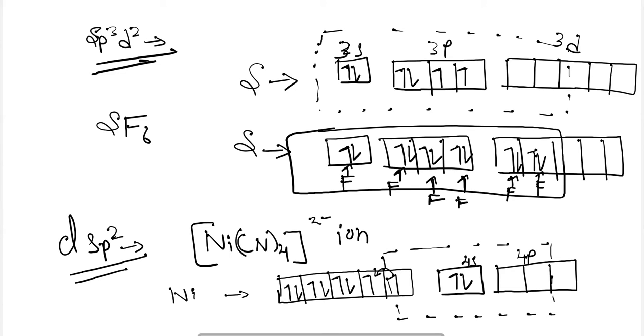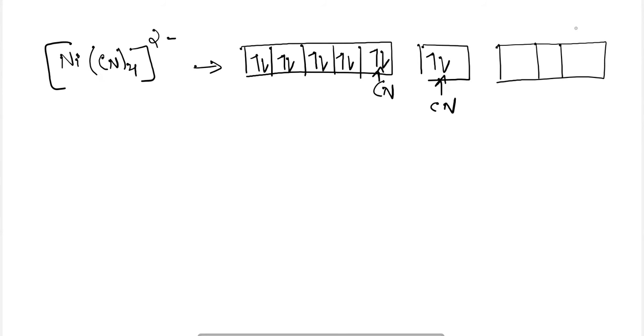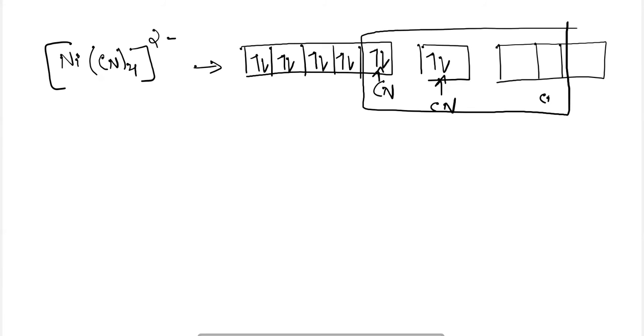And there the cyanide will donate one pair of electrons. And similarly here also a pair of electrons will be donated, because two electrons will be needed here, which will be easily given from the 4s shell there. So here we will see that one d orbital from the inner shell and 2p orbitals from the outermost shell will combine here to form dsp2 hybridization.